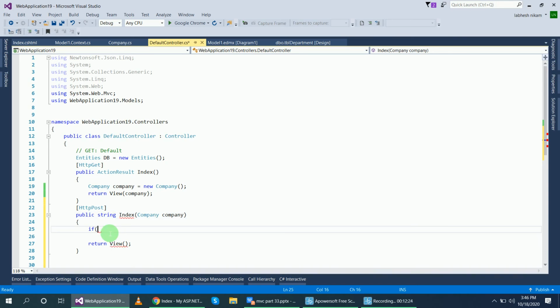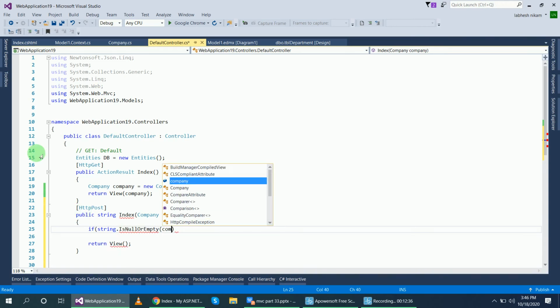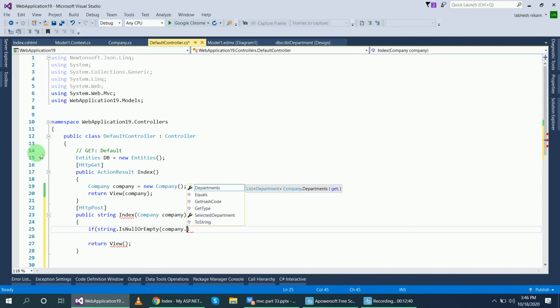So if string.IsNullOrEmpty, the company class's selected department, the selected value.